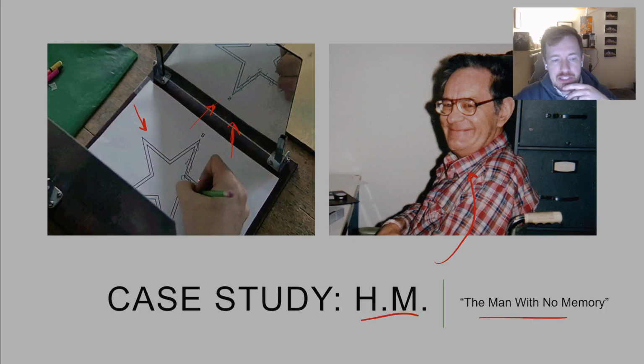And after a couple of times, you're going to get really fast at this, and you're going to get better at this. And so the interesting thing about Henry Molaison is that his behavior would show that he had done this before because he'd gotten really fast at it and really good at it. But if you ever asked him, do you remember doing this task before? He would never say yes. For him, it was always the very first time he was trying that task before,